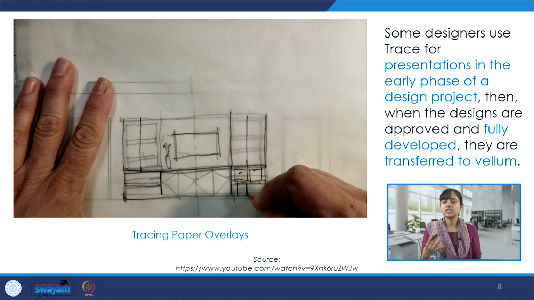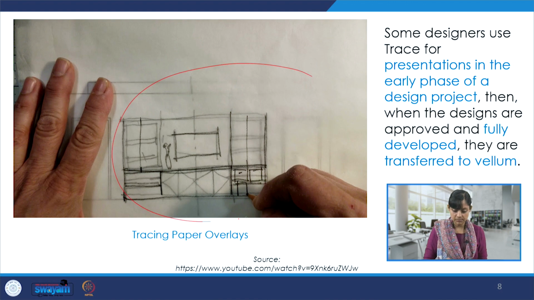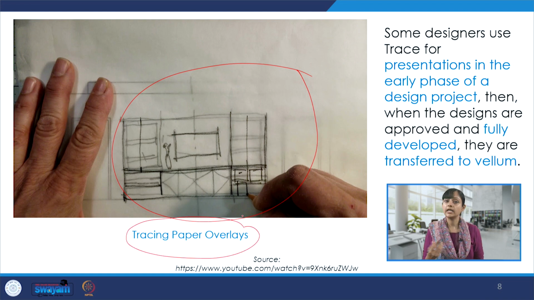And we designers use a lot of tracing paper also. So this is a tracing paper and this is the initial conceptualization or ideation, even close to a final drawing, but in a very crude format. And if you use a graph paper underneath, it may also give you the idea of scale, or it could be without scale also in the beginning, which could be your very cursory idea. So these tracing papers help in interior architecture ideation and drawings.